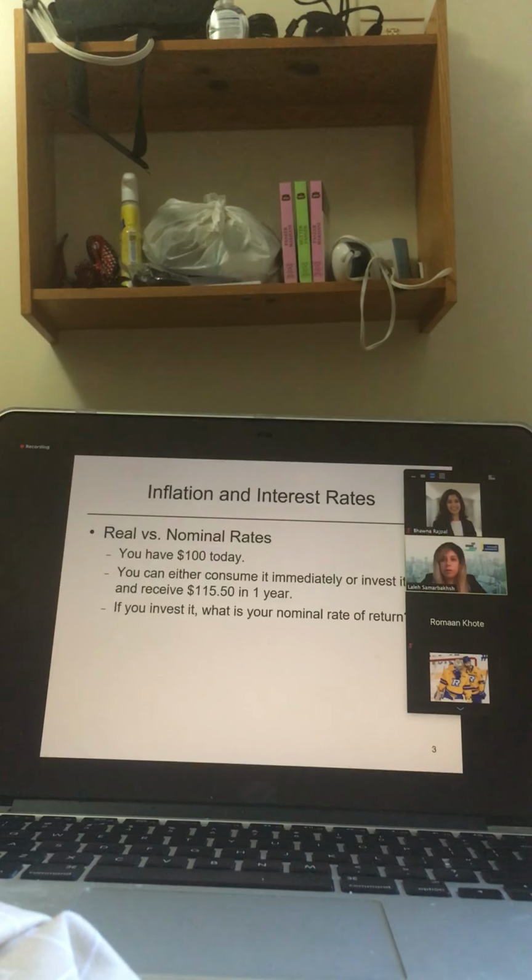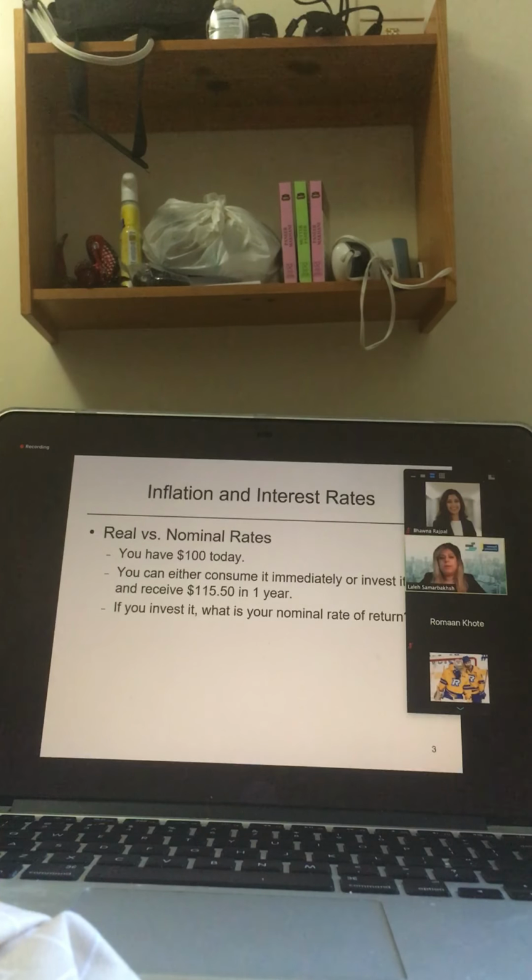First of all, the word nominal is new to us. We haven't seen it before. What I can tell you is that every time you calculate the return based on the numbers that you see, the amounts and prices, regular amounts and prices that you see, those are all nominal. It means that they are not the real prices. The real is something that includes the impact of inflation.